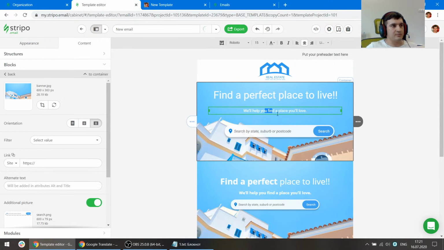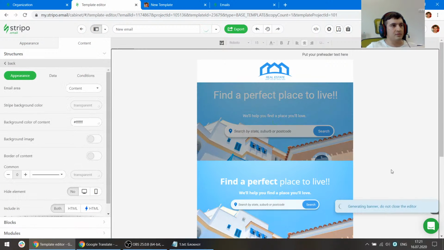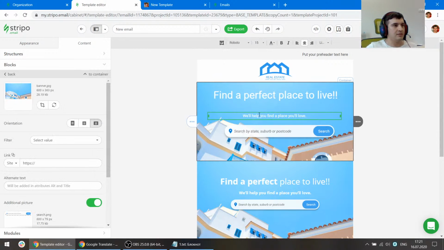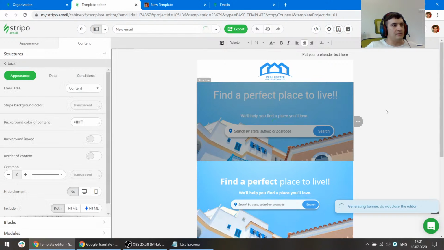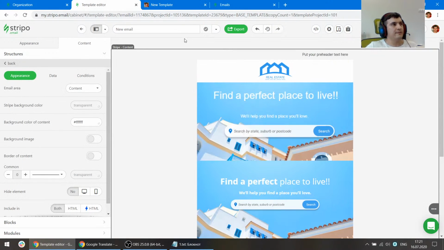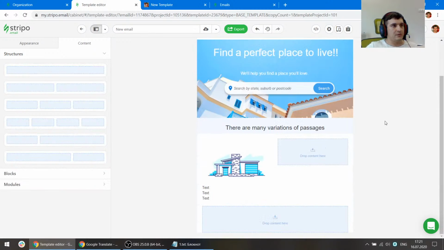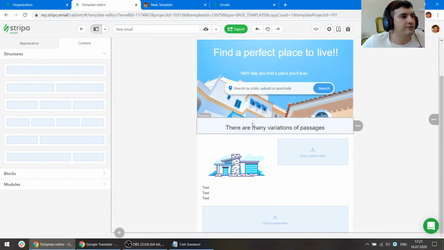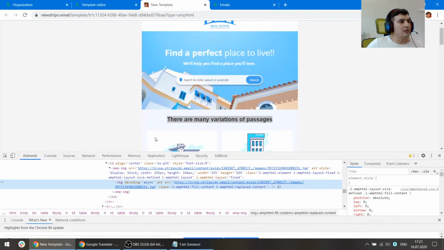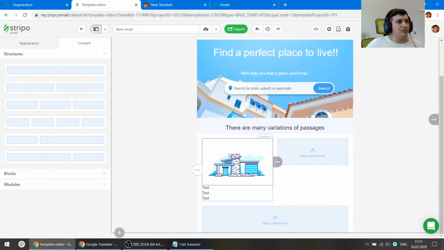Okay, something happened with this text. Okay, let me change a bit the preferences of it. And check it again. Okay, so we recreated this design this way. So I'm going to remove this one to simplify our email. Okay, let's move